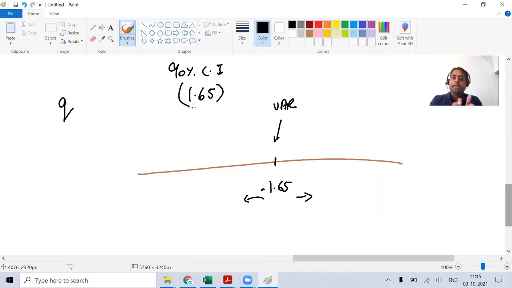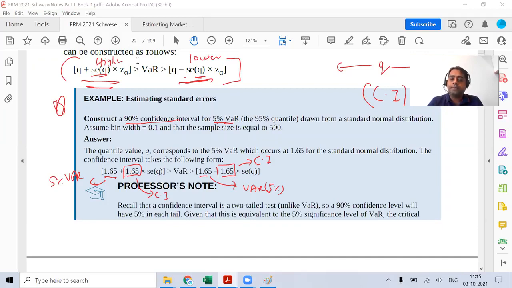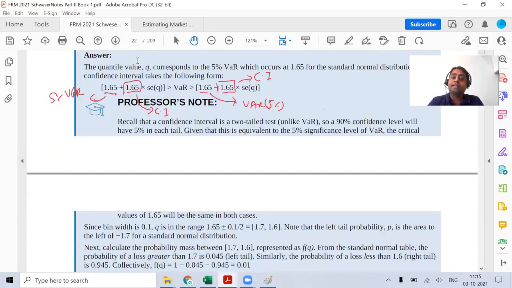Hence, in the example or the book that you see, they have used it twice. So this one is my VaR point. This is 5% VaR. And this point, 1.65, is coming because of the confidence interval. I hope everybody is able to connect, so don't get confused because of that. In the first part, they are explicitly only talking about how to create a confidence interval. Nothing extraordinary. Now we will be looking at the standard error.